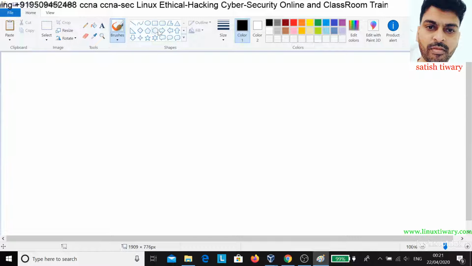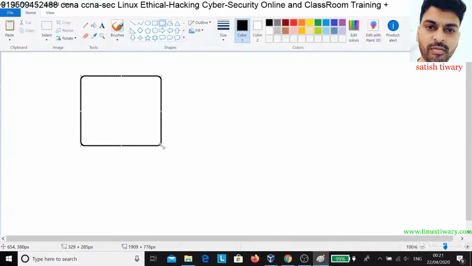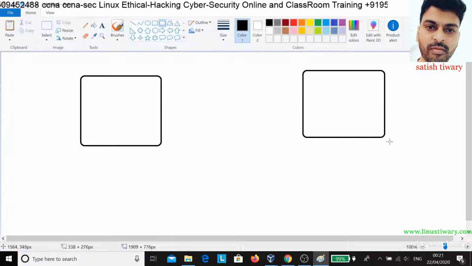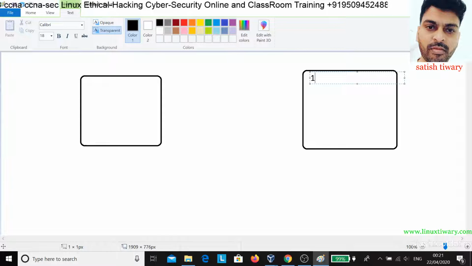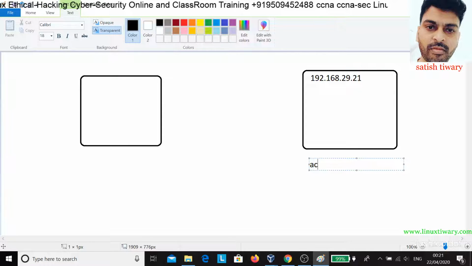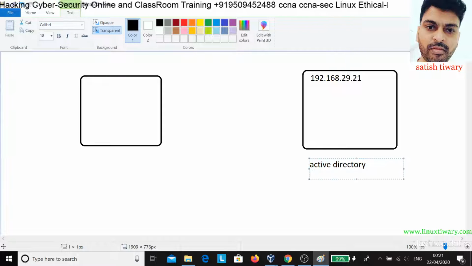Just see, this is your Windows 7 machine, and this is your Windows Server machine. 192.168.29.21 is the IP address of Active Directory. Okay, this is our Active Directory, and the same machine is also our DNS server.